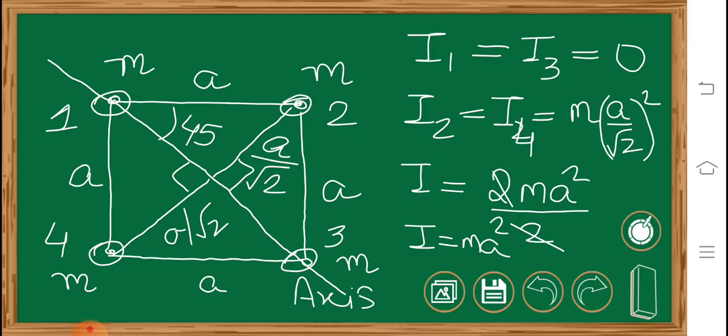So in this lecture we have only studied the moment of inertia of discrete system of particles. If the particles are point masses and they are placed at certain particular distances, then what will be the moment of inertia? We'll read further about the moment of inertia in the next chapter.